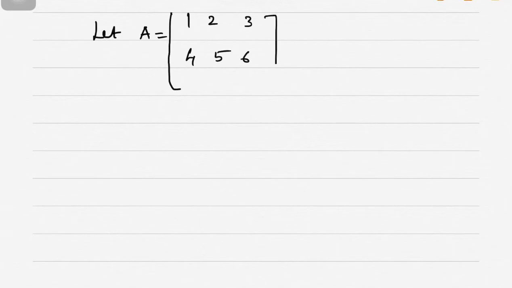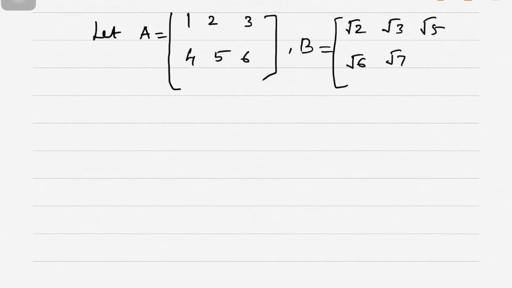Let A and B be two 2 by 3 matrices. A is equal to 1, 2, 3, 4, 5, 6, and B is equal to root 2, root 3, root 5, root 6, root 7, and root 10. A plus B will be given by